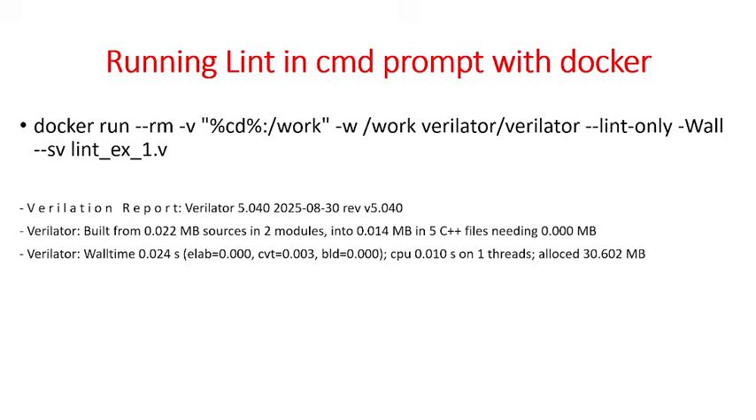Docker run --rm -v, then in double quotes %cd%:/work, closing the double quote, then -w /work. After that, Verilator, because the image is called verilator/verilator. But in the case of WSL, it is called Verilator only, because we install it with sudo apt install verilator. But in the Docker image, it should be